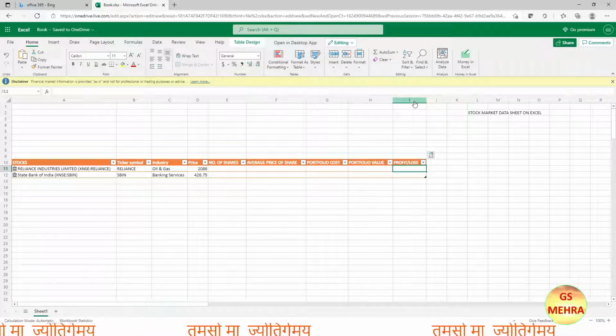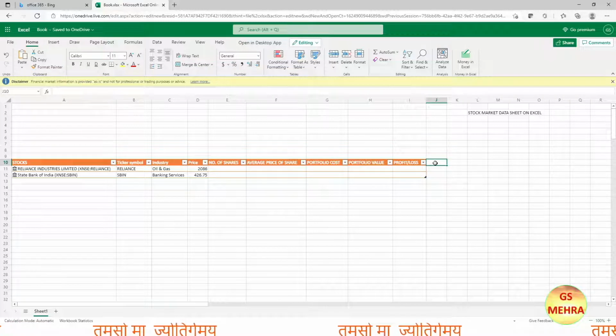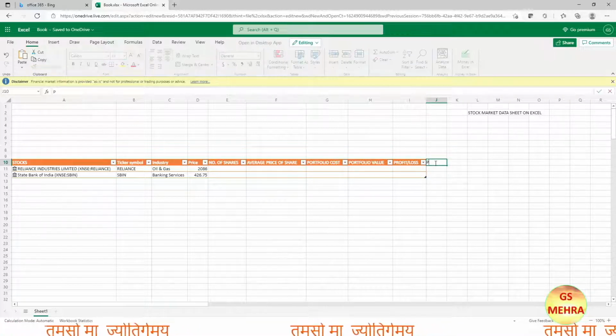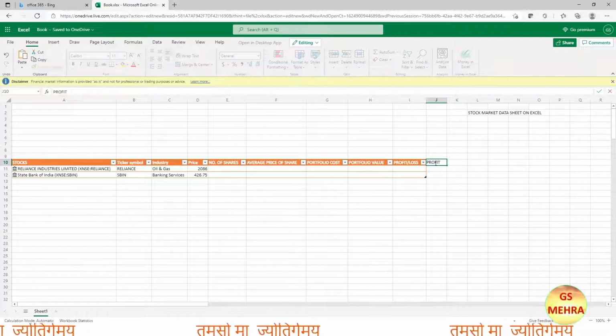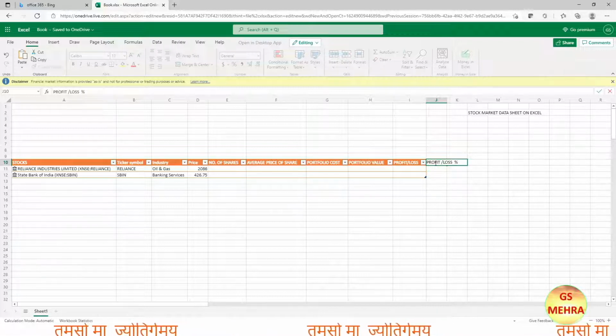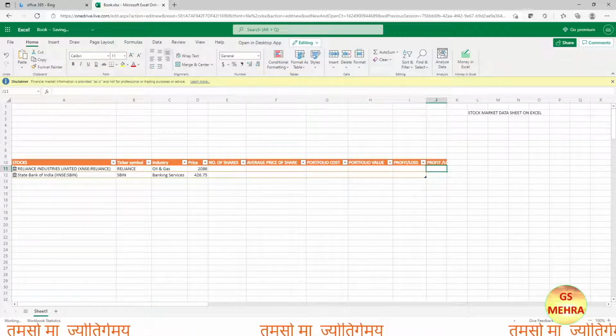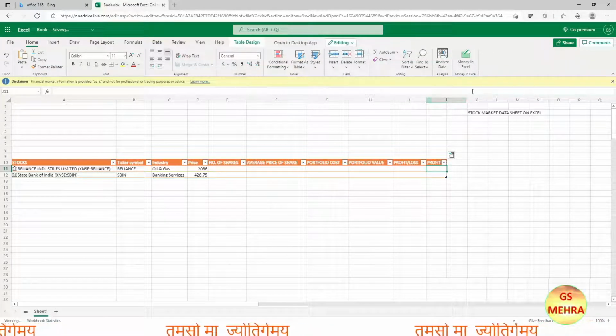Next, profit or loss percentage. In percentage, how much profit or loss we are getting, we'll write profit or loss percentage. Now again we'll double click on the thin line and the width of the column will increase.